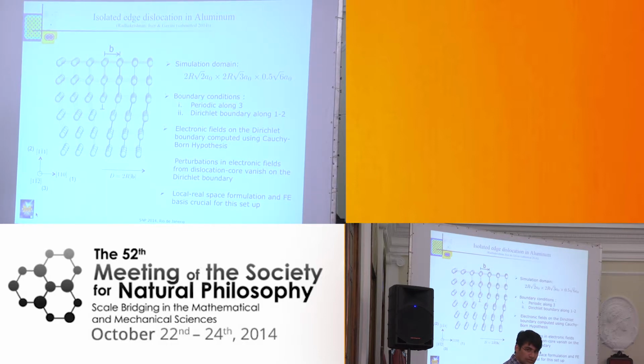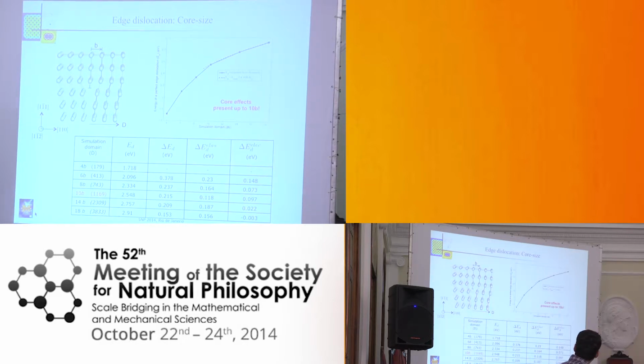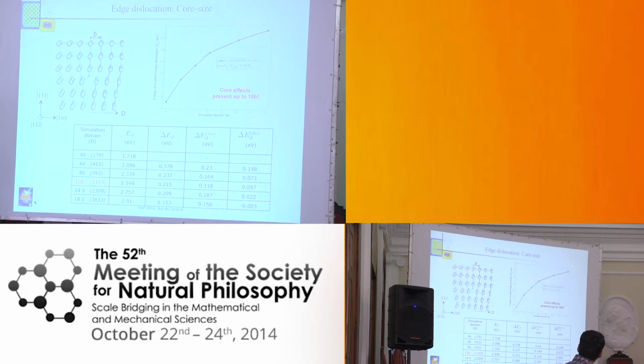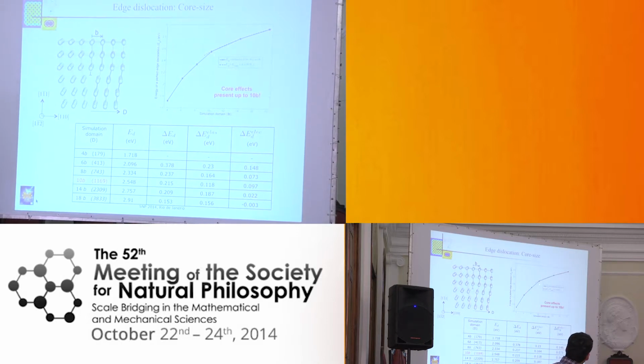structure contributions are important. So what we did is we computed the dislocation energy for varying domain sizes, from 4 times the Burgers vector all the way up to 18 times the Burgers vector. And interestingly, when we plot these dislocation energies, they fall on the logarithmic divergence predicted from elasticity. But what we were interested in was how far the electronic contributions are important, and at what point continuum